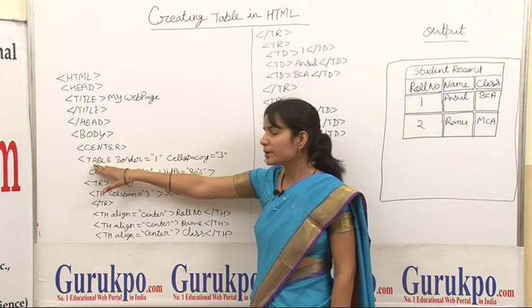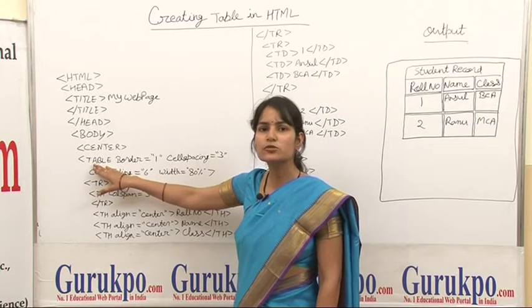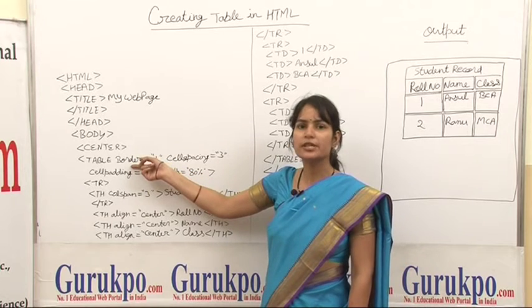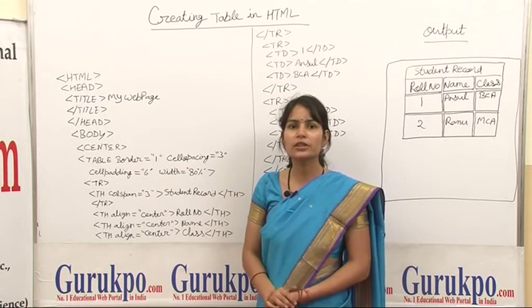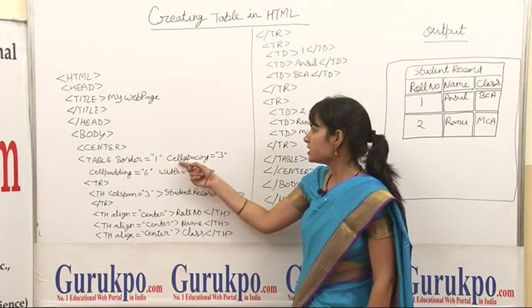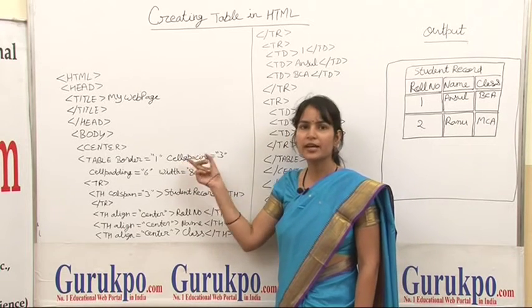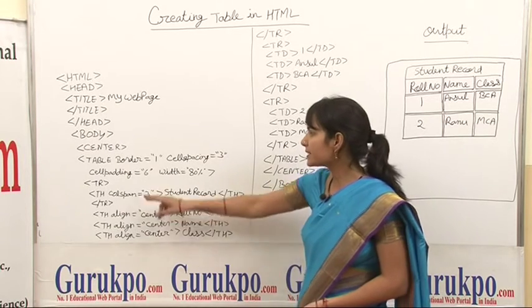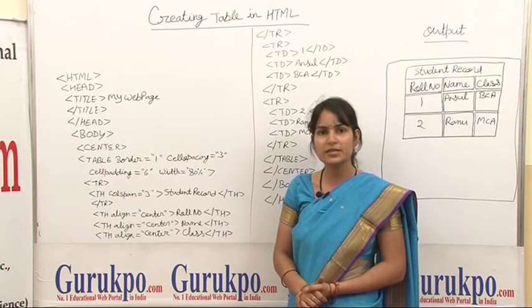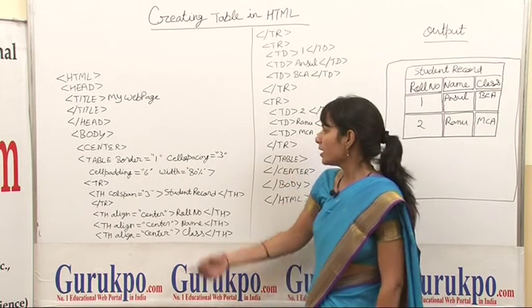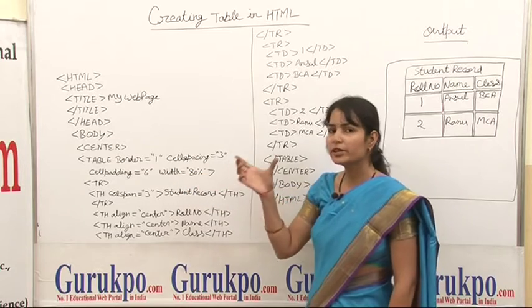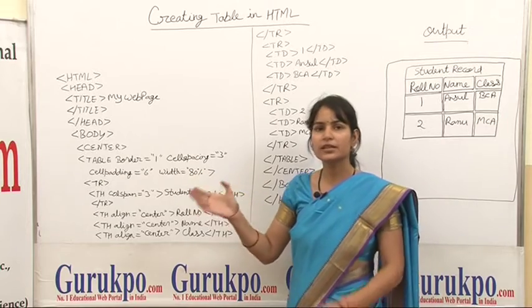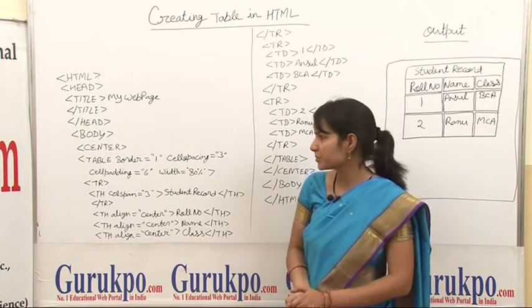Now we will start the table tag. This is the actual tag which is used to create a table. It has an attribute border which is used to display the border on the grid of the table. The cellspacing attribute is used to define the space between two cells of the table, and the cellpadding attribute is used to define the space within a cell. The width attribute is used to define the width of the table in the web page. This is 80%, that means it covers 80% of the area of the web page.